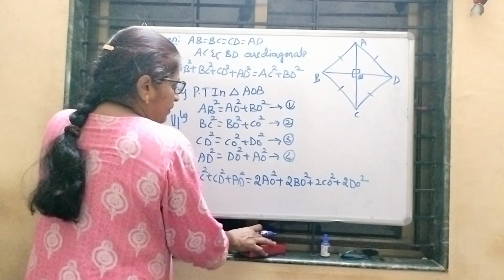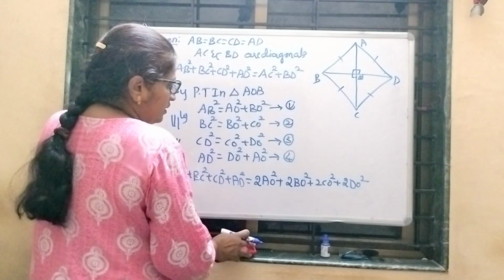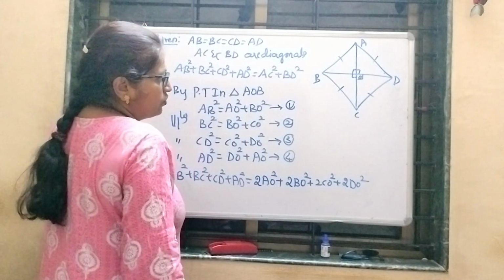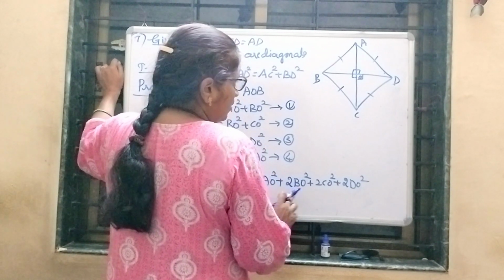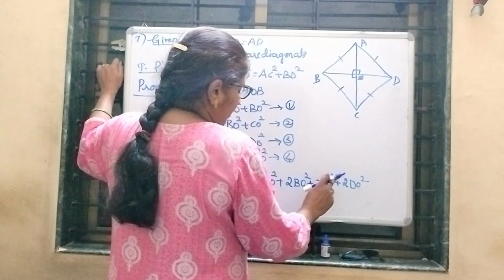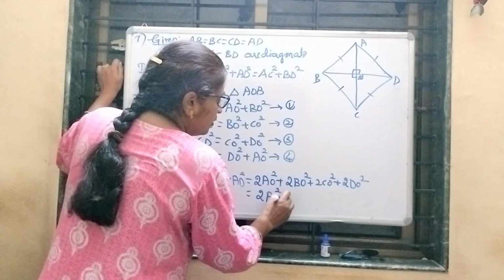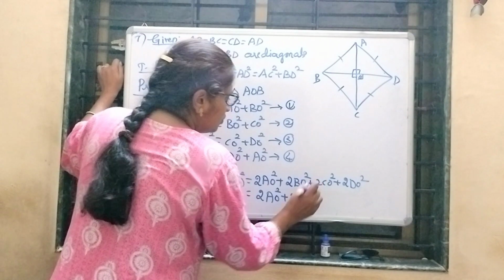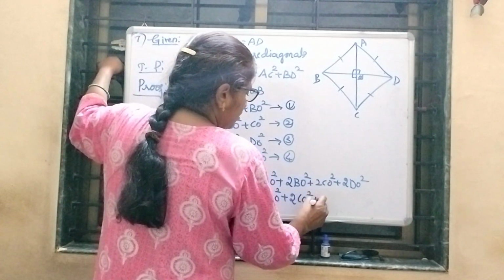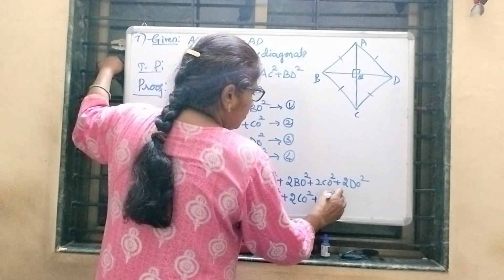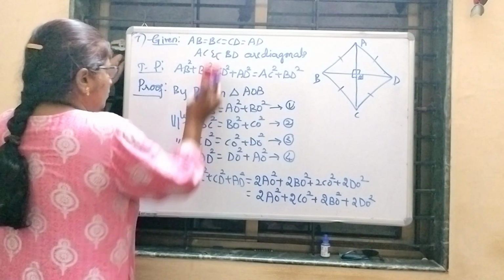So next step is only LHS we have got already, what we are to prove. Only RHS we will take now. 2AO square plus 2CO square, plus 2BO square plus 2DO square is equal to